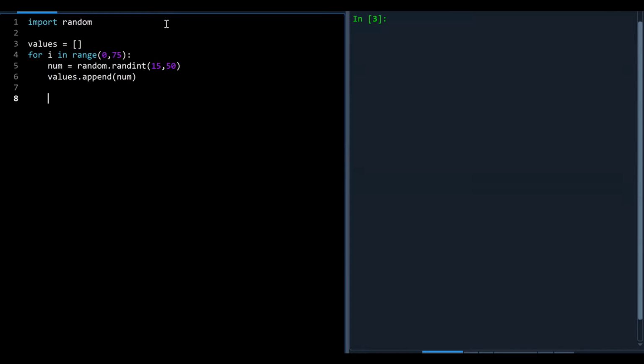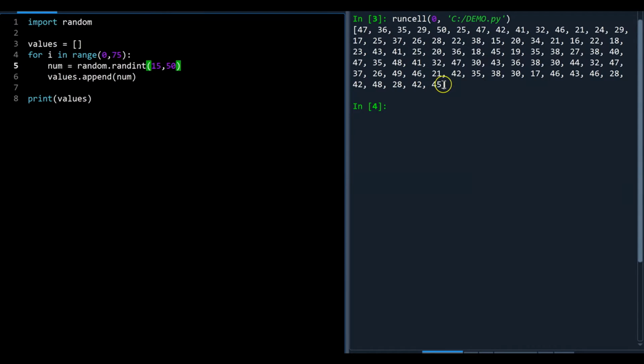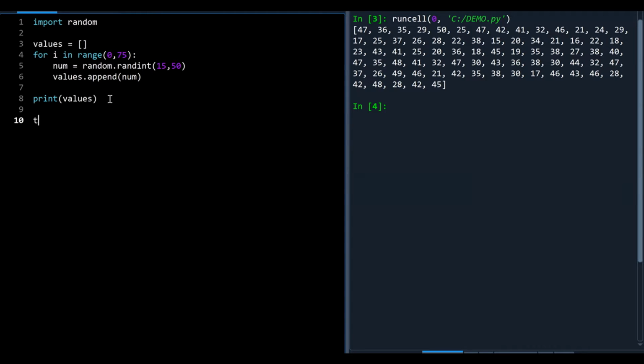Okay, so if I were to print my list here and check to see if this is working correctly, I should get 75 random numbers between 15 and 50. Right, so that's working correctly. Now let's get the target value from the keyboard. So target,